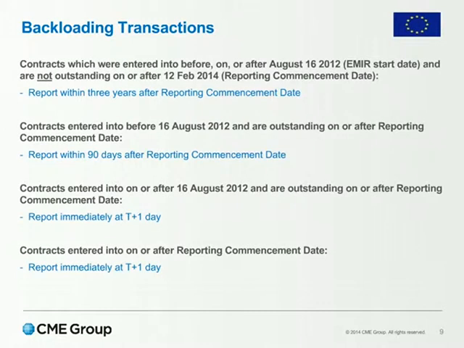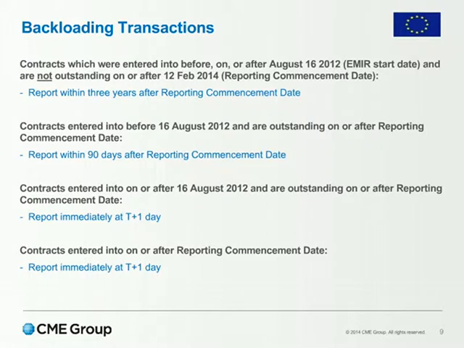Now, backloading, these are the rules as far as we're concerned, and you may have read that some people claim that the FCA had it wrong on their website. I'm not sure whether they did or not. Desperately complicated. All it means is that any transaction that's gone on since 16th of August 2012 has to be reported one way or the other in a certain period of time. But we know for certain that ETD backloading can be taken care of by positions. And if you look again at that Q&A from ESMA on 20th of December, it looks like over-the-counter can as well. I think that was only being picked up in the last couple of days.